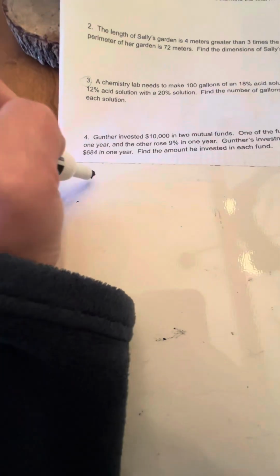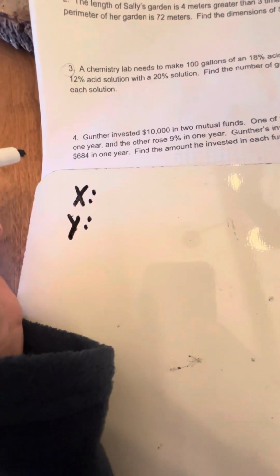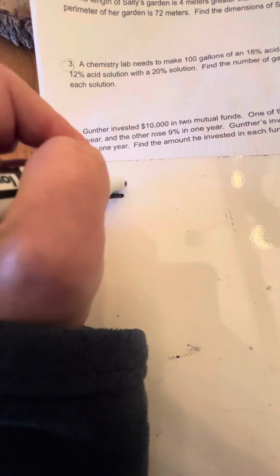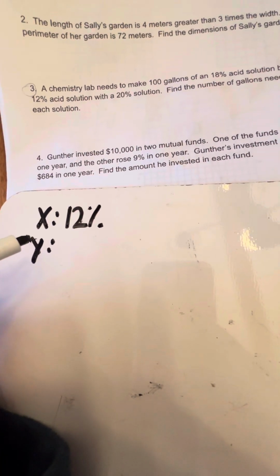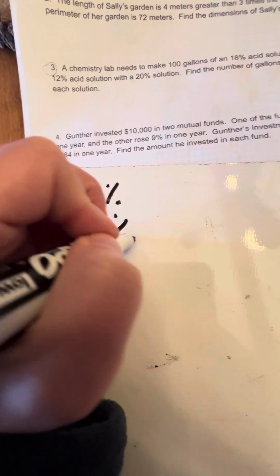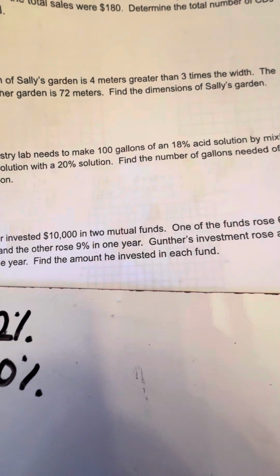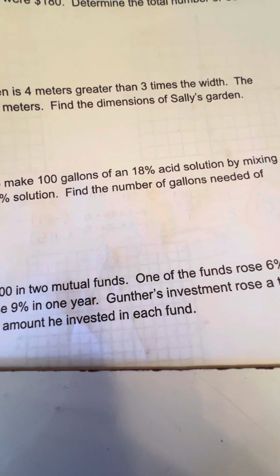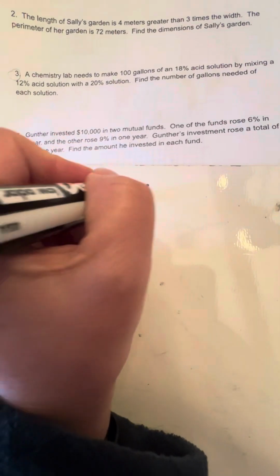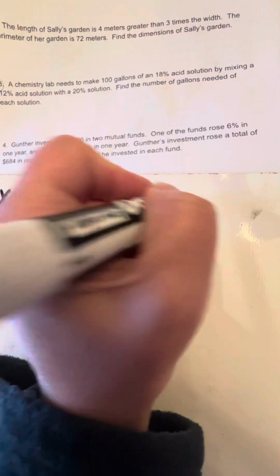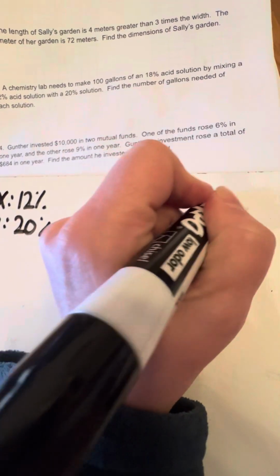So the first thing I want to do, mark my variables, x and y. I'm going to choose, we'll do the 12% for the x. So I'm just going to put 12% there. And our other one is a 20% solution. And what we're trying to do is get our solution to be an 18% acid solution. So we're going to start off by looking at our first solution. So we know how much we have, so we're making 100 gallons. So we're going to start off with x and y just adding up. So whatever I have of x's solution, whatever I have of y solution, together they combine to give me 100